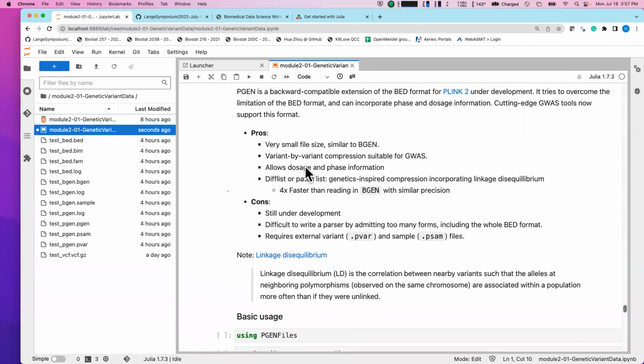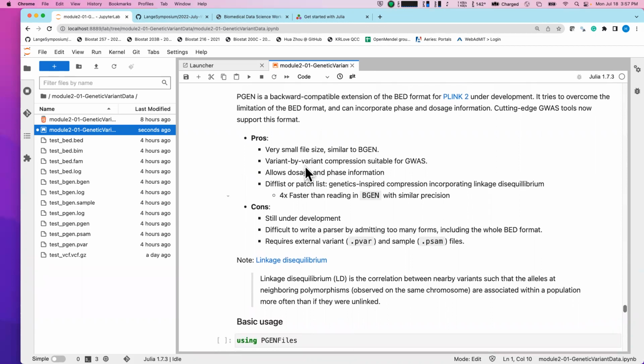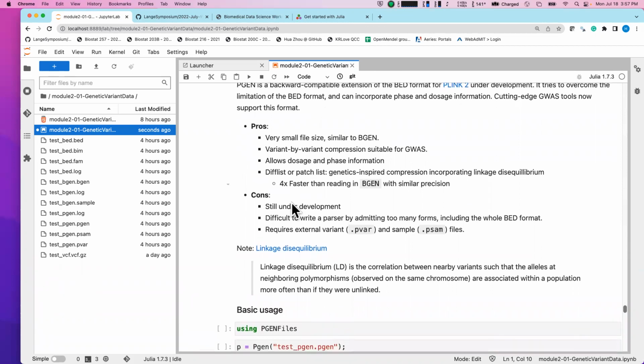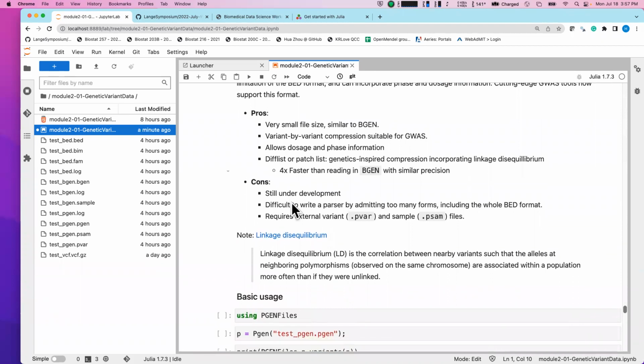Its advantage is that it has very small file size, similar to PGEN. And again, it is variant by variant compression, and it allows dosage and phase information. And the compression is based on a difference list. So it saves the difference from some reference, difference from all 0 vector or difference from all 1 vector, or considering